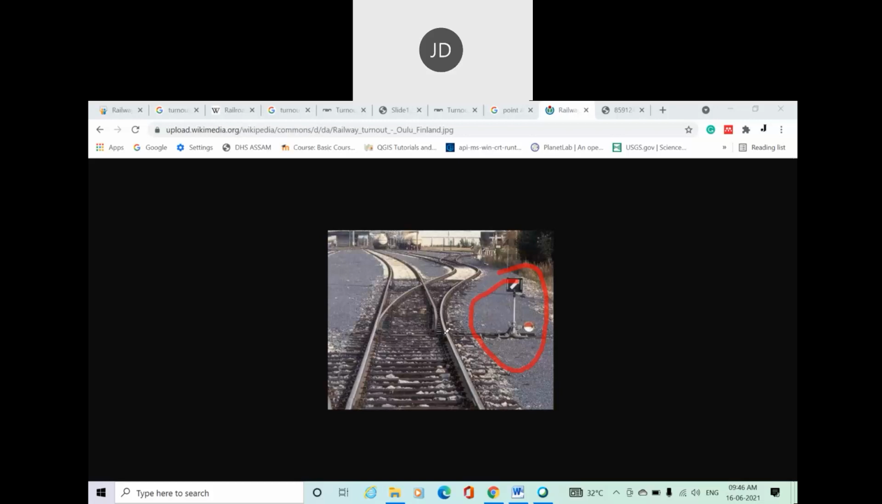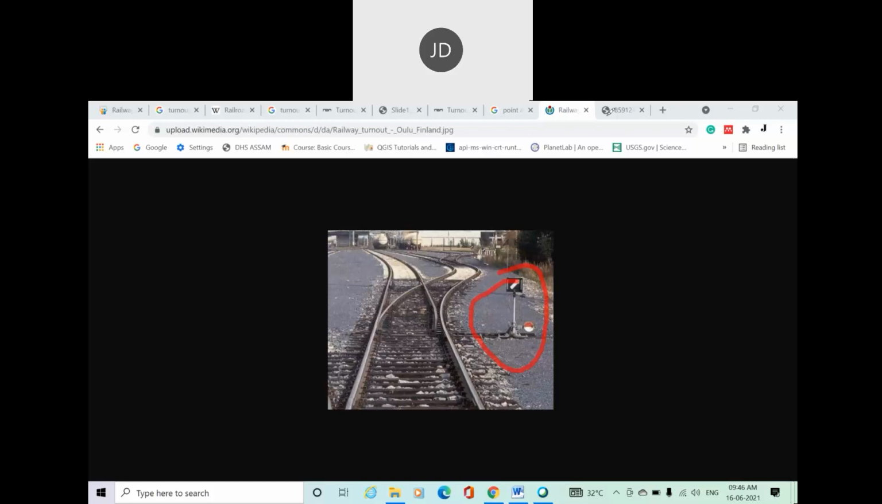Anyway, this is the switch. As a whole, this is the switch motor. A particular railway switch consists of some parts like the switch motor or switch box, or there is a switch bar, a point bar. I think it is not visible clearly here, but there is a bar. And this is your